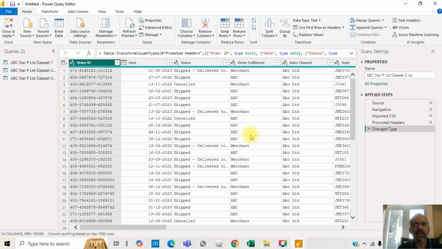The first and foremost thing, especially when you have uploaded the data in Power BI, is to understand the quality of the data. That is a very important thing before you process anything. The quality of data is important. So what you have to do here is click on